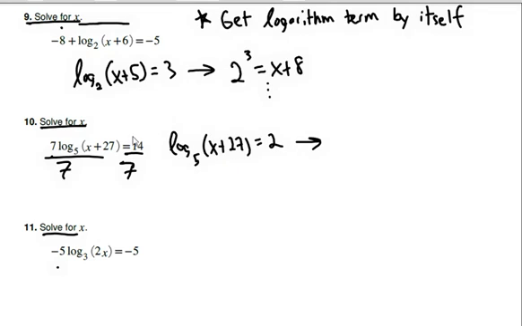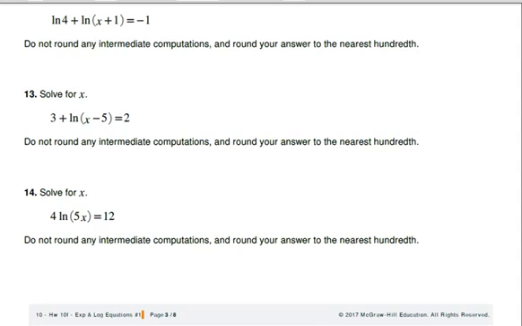And then once again, turn this logarithmic equation into an exponential. That would be 5 squared equals x plus 27. You could multiply that out, subtract 27. I think you know where we're going with all that. So